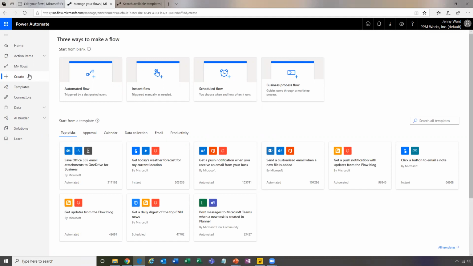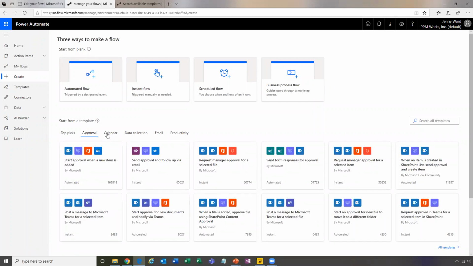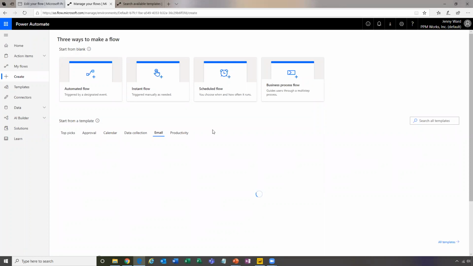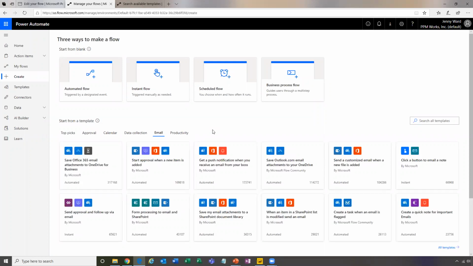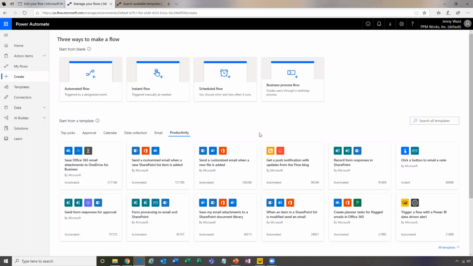structure of this page. So as stated, there's 3 ways to make a flow. There's the start from blank. There's the templates with top pick templates here on the top. So this is the same thing that we just saw, just in a different screen. You can also look at the different categories here. Okay, so if there's approvals, if there's email templates that you want to use, productivity templates, you can scroll through